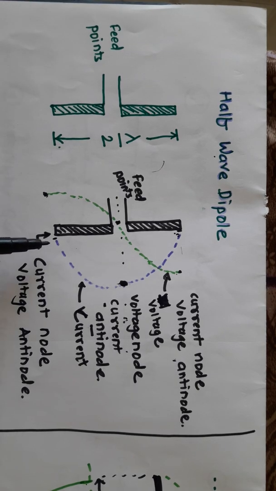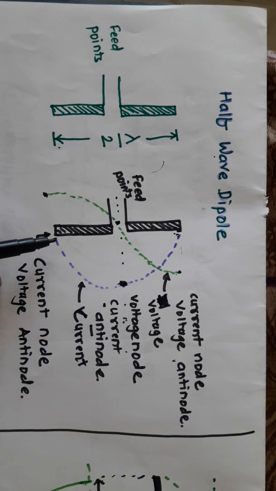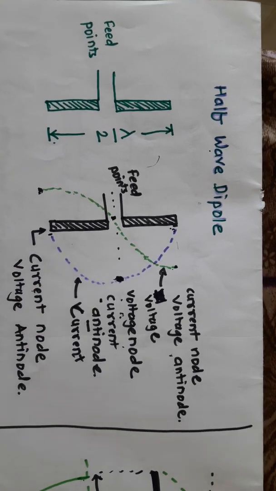Similarly, at this particular point, if current is minimum, then it is a current node, but voltage is maximum, so it is a voltage antinode, right? Such terminology we must know before going to discuss that particular discussion. Now when we say that the length of the half wave dipole is lambda by 2,